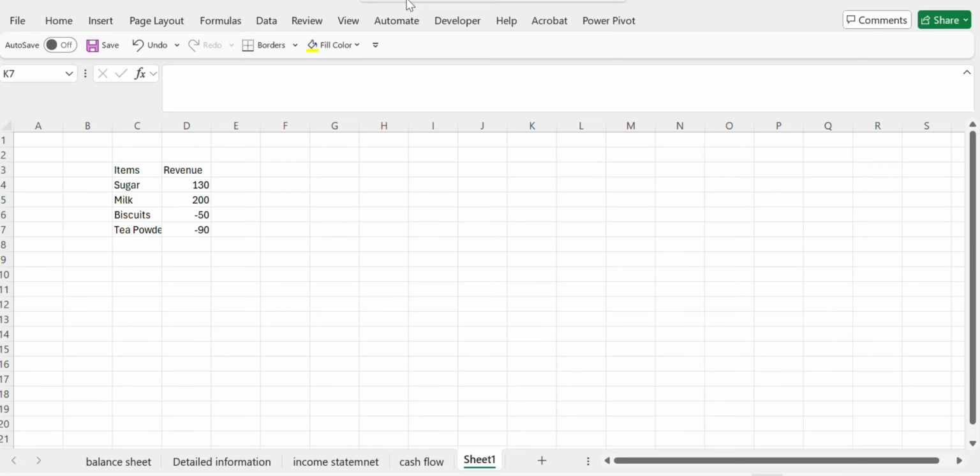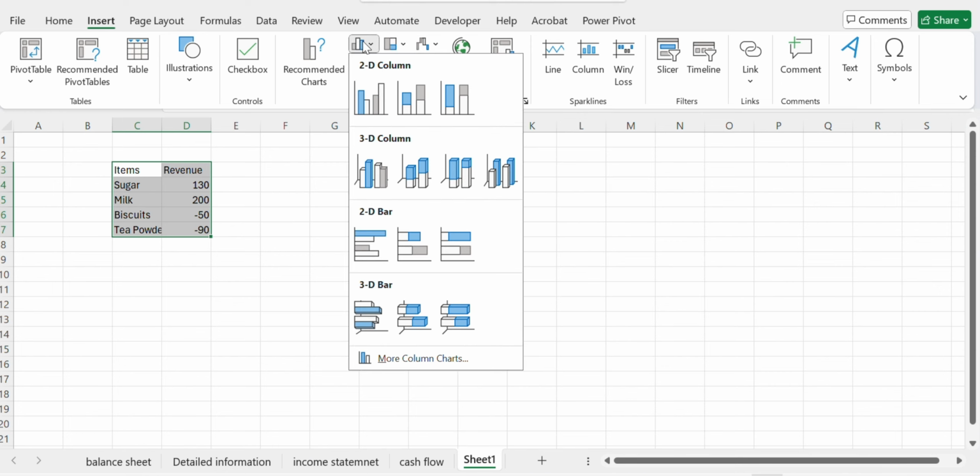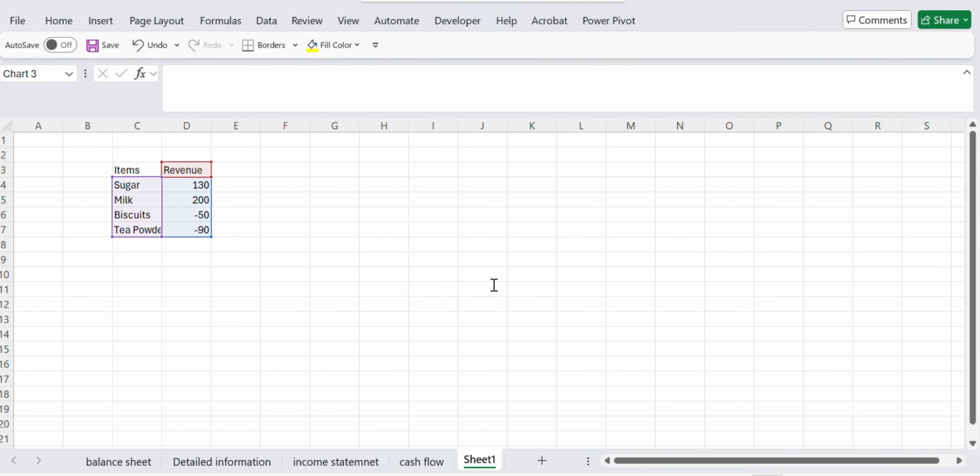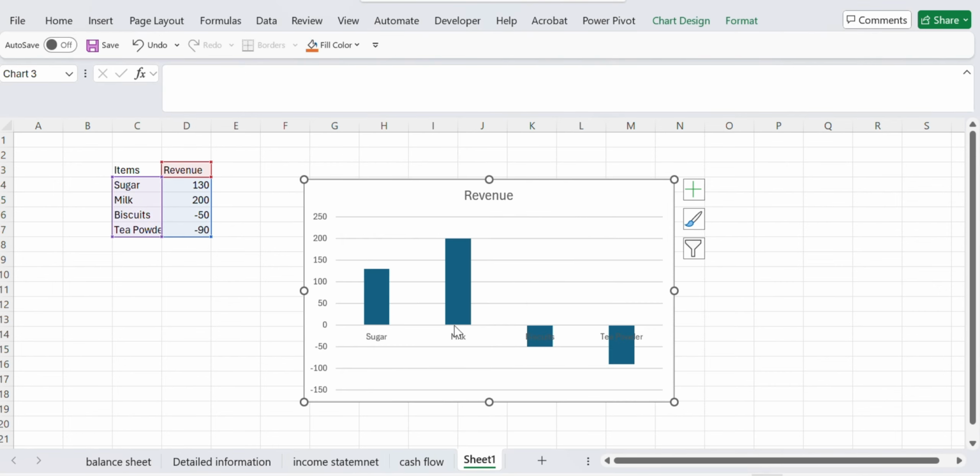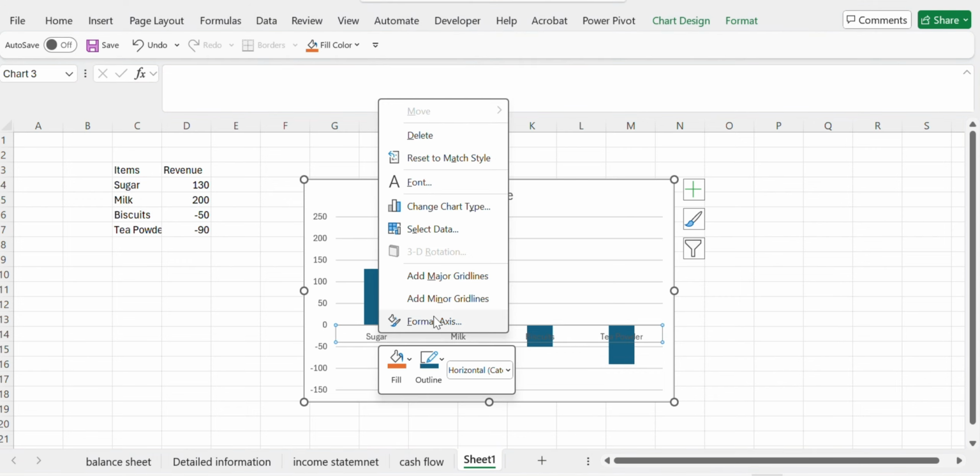So today in this video we will learn how to separate the bar from the label which appears due to negative numbers. So we'll select the data. So you can see over here how these labels are overlapping this negative bar. So how will we shift this? Select, right click, format axis,